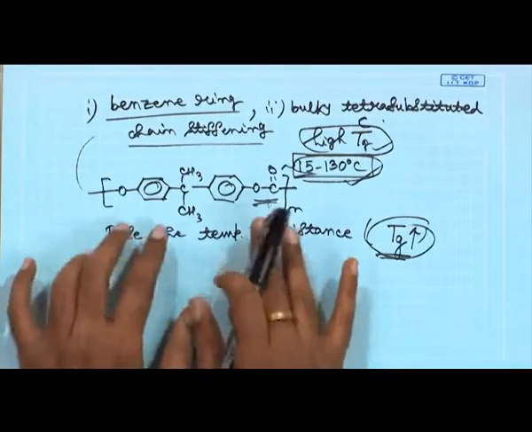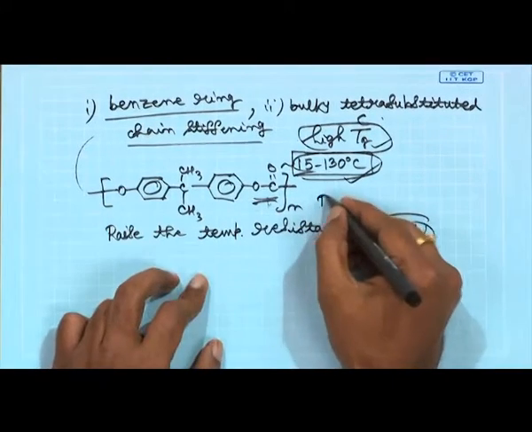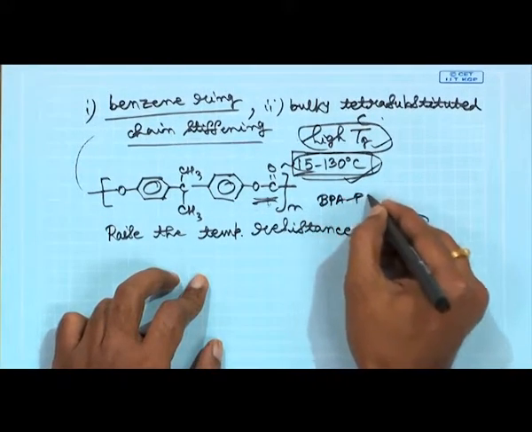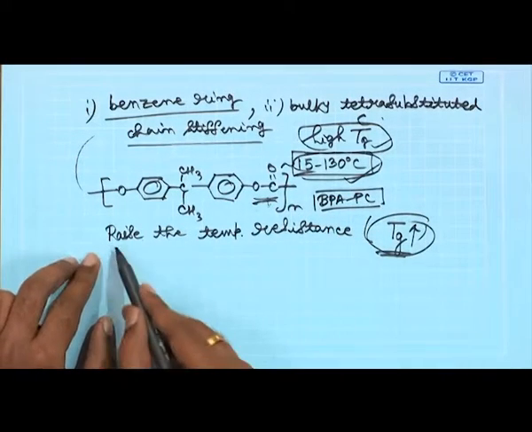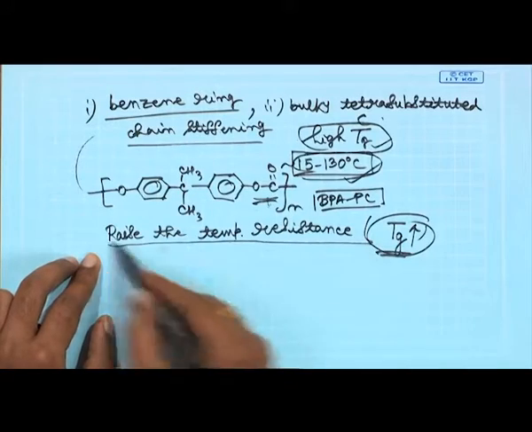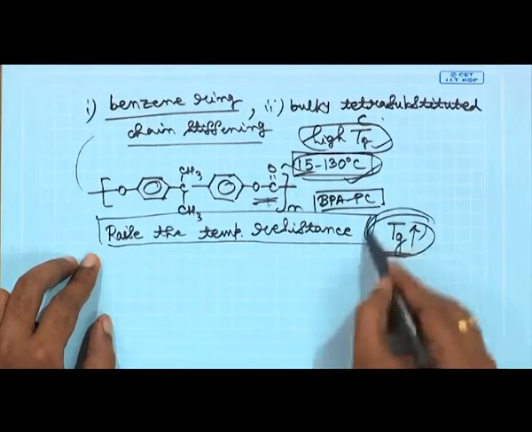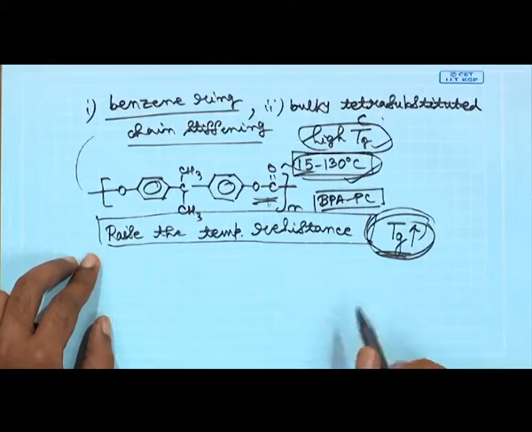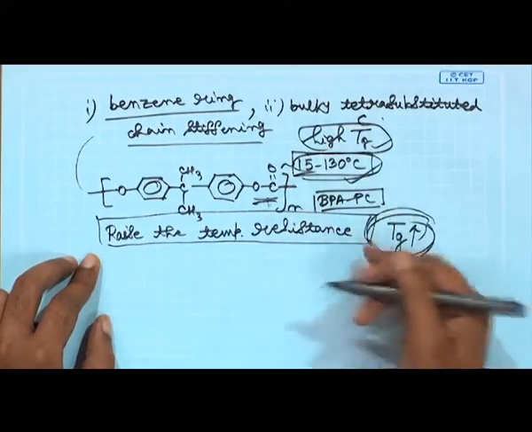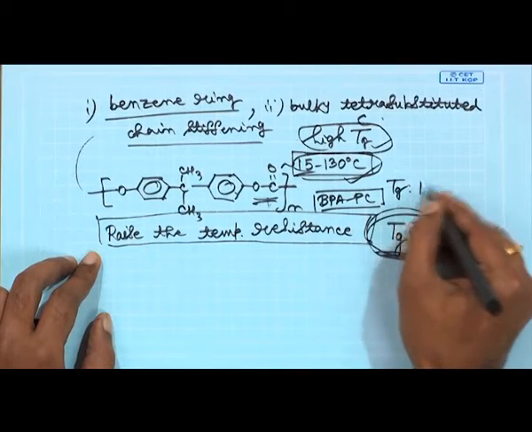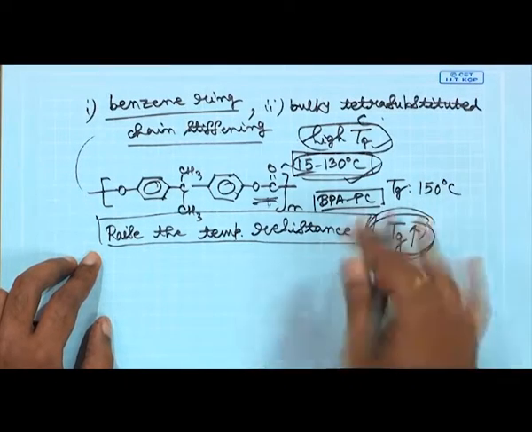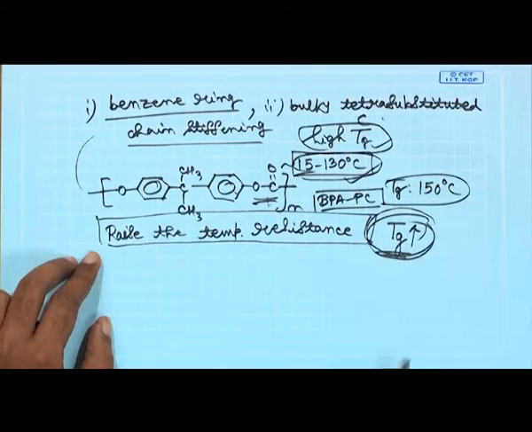Okay. So, this is your basic structure of bisphenol A polycarbonate, and the question was how can we improve the properties. So, the first thing that comes to mind is to simply try to raise the temperature resistance, so that the glass transition temperature will be raised, and so the properties can be preserved up to a higher temperature, because this has a glass transition temperature of 150 degrees Celsius. So, why not try to increase the glass transition temperature.